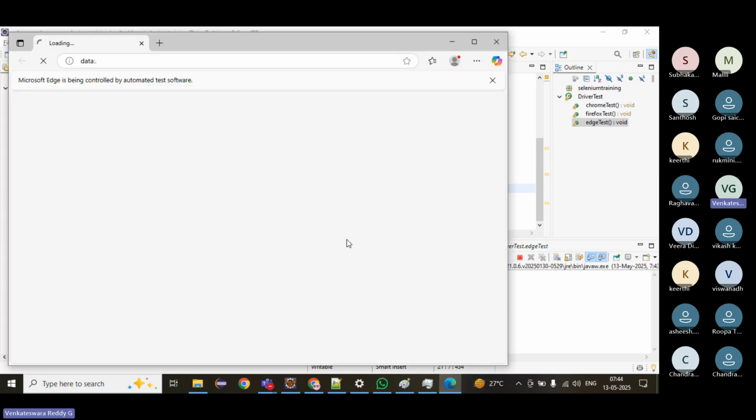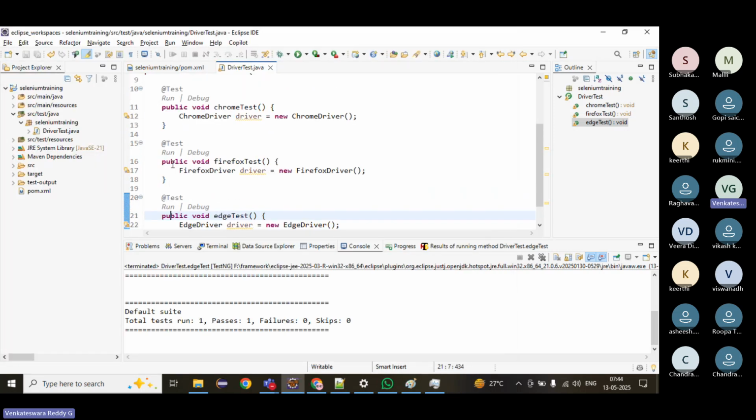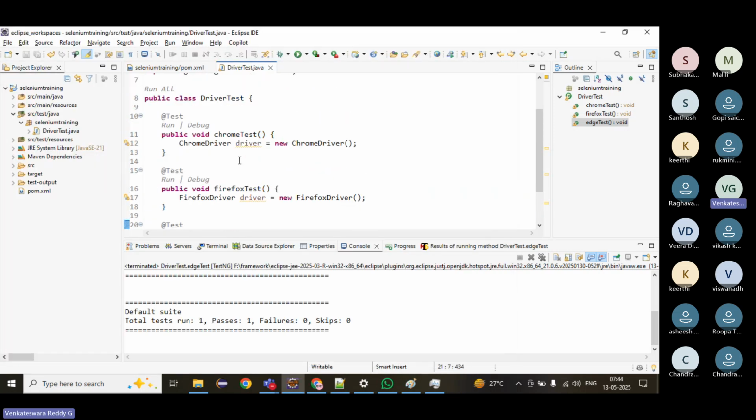Right, it opens very fast, Edge, because it will just open the empty browser. That's it. If we create the object of any browser, first it will launch the empty browser. Now we will see, in interviews sometimes they will ask what is the hierarchy